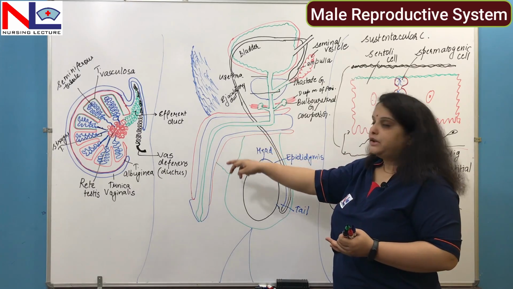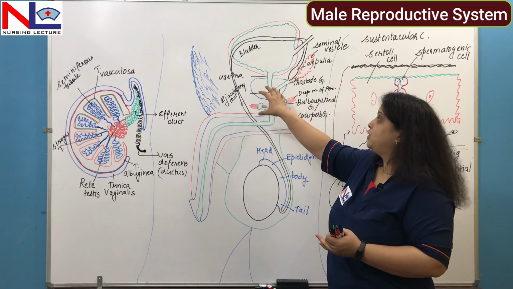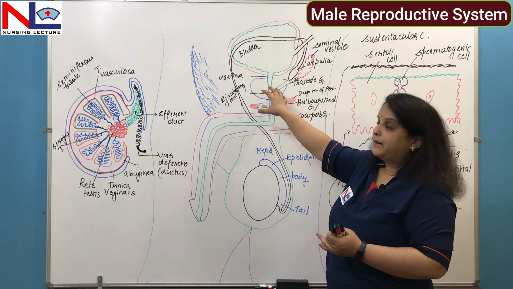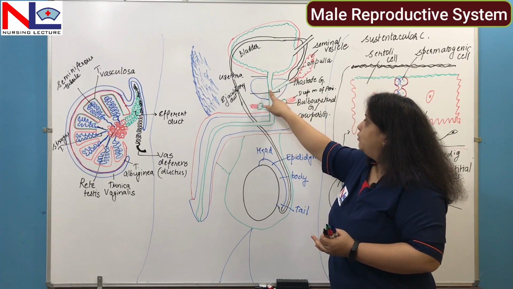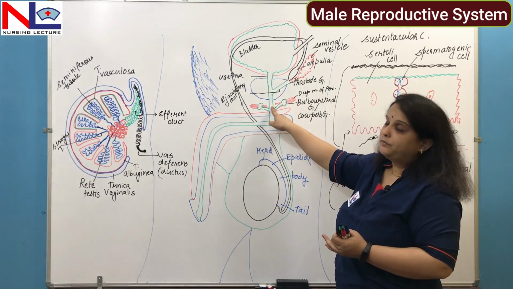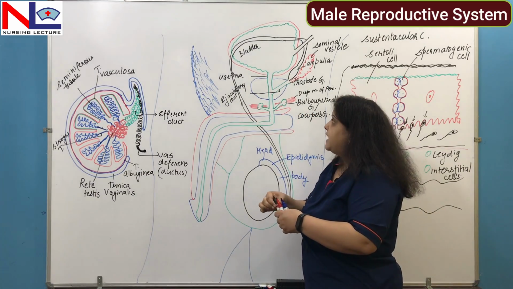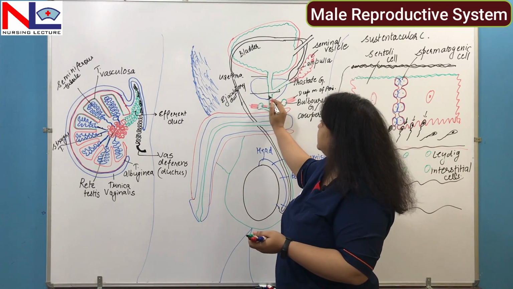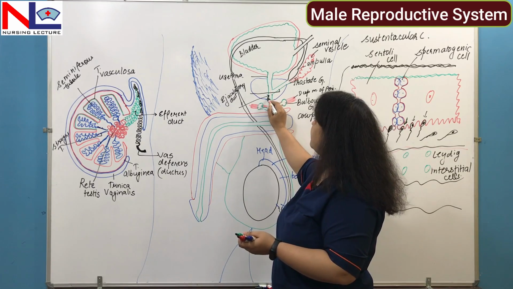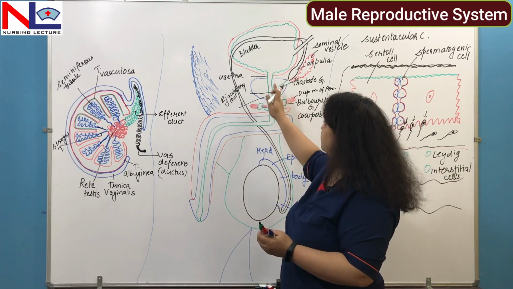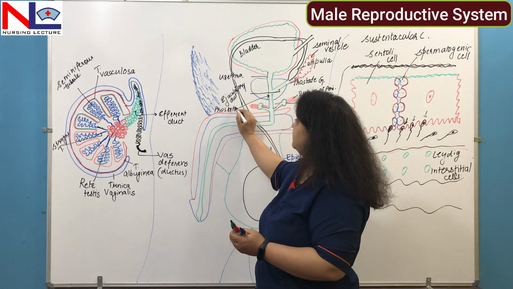So it is a 20 centimeter long structure, but whatever the structure comes in relation with this urethra, according to them, it is named that. When it moves along this prostate, when it is passing through the prostate, it is called the prostatic urethra. So the part of urethra which is being crossed through this prostate is called the prostatic urethra,